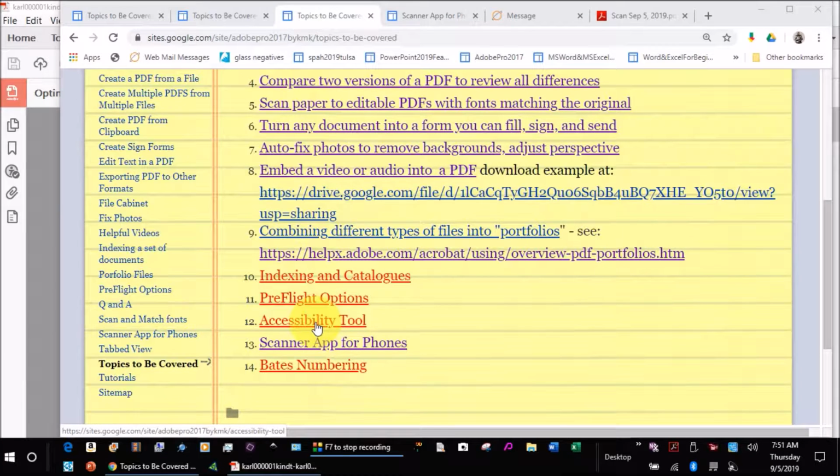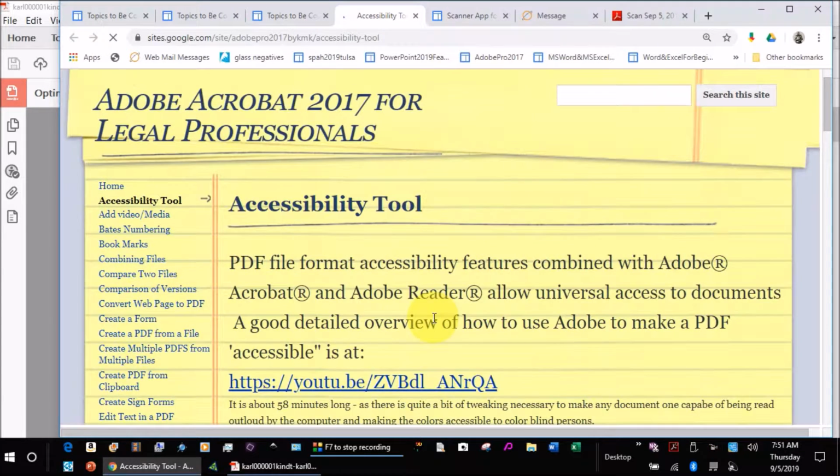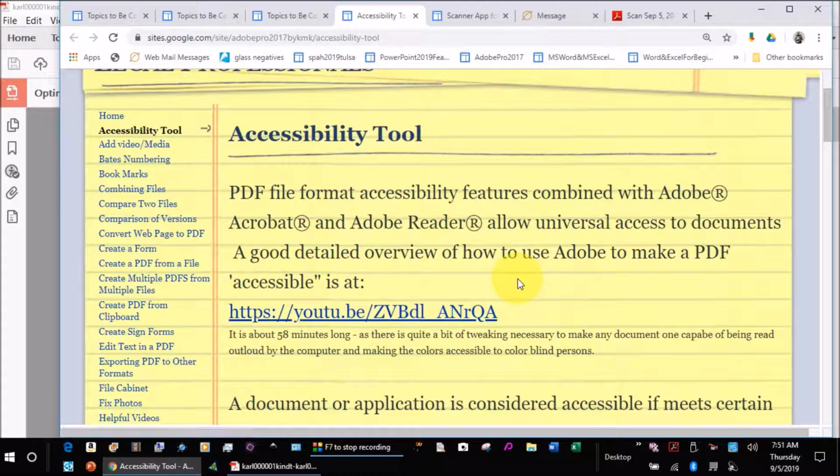Accessibility tool is our next topic here. On our website, I have quite a bit of information about the accessibility tool, and I'm not going to be able to get into it very much within our hour lecture. So I have another link here to a 58-minute long YouTube video I found that does a good discussion of